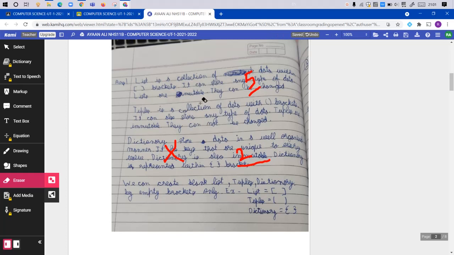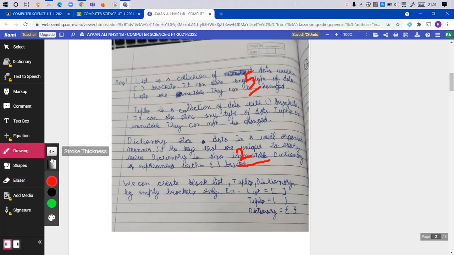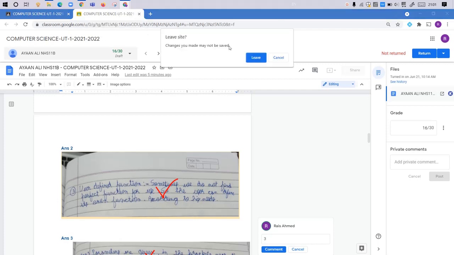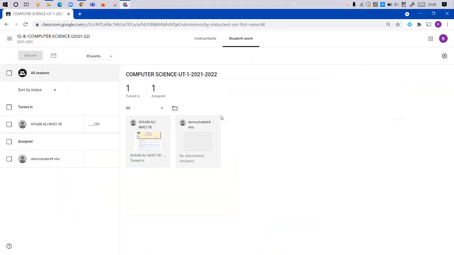So I want to erase this tick mark or this cross. I can erase it easily and I can change my option. So these changes can easily be done by you. So these are the 3 different methods using which you can make the corrections in the documents uploaded by the student. Now to check the next paper, once you have checked the paper of this child, close it.